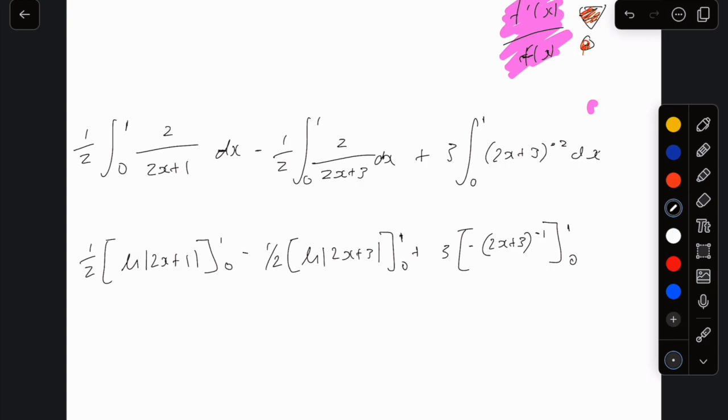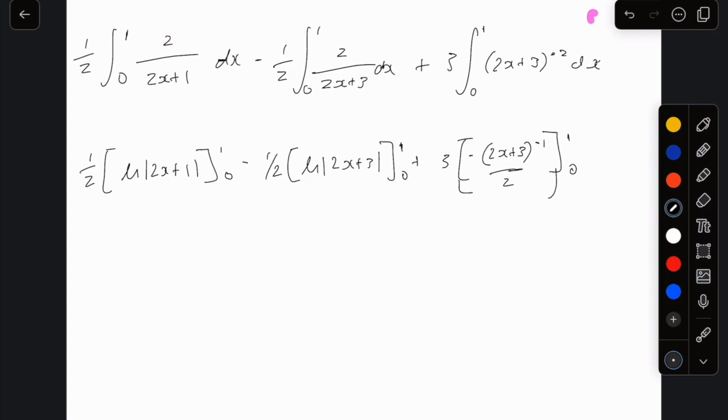Okay, and we're going to divide that by 2 because of chain rule. Okay, so what we're going to get is a half of ln 3 minus ln 1, well, ln 1 is equal to 0, minus a half of ln 5 minus ln 3